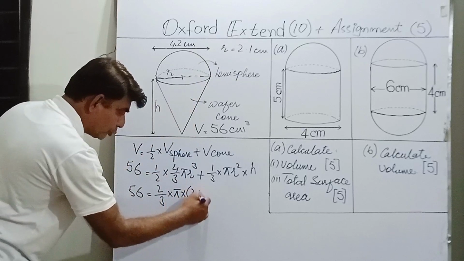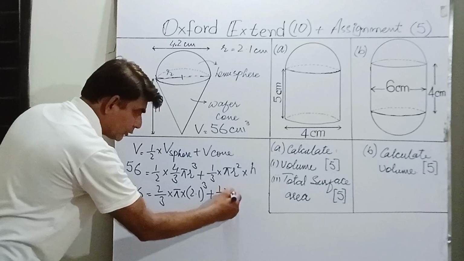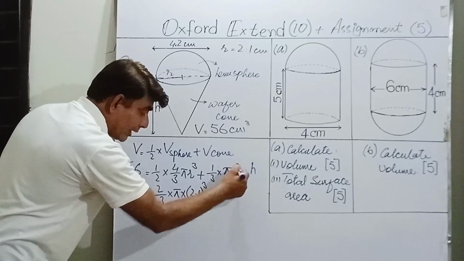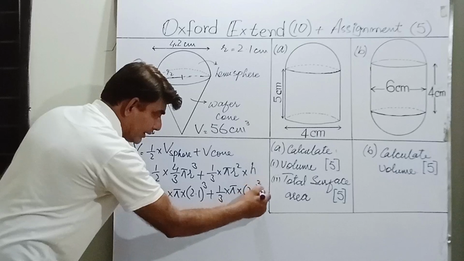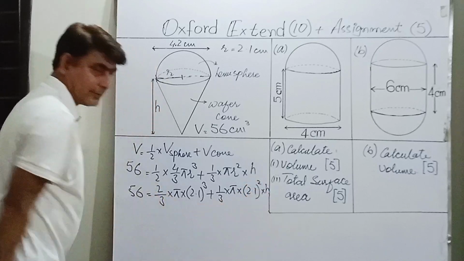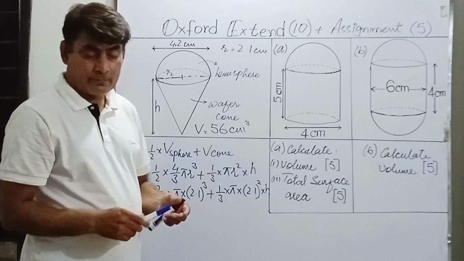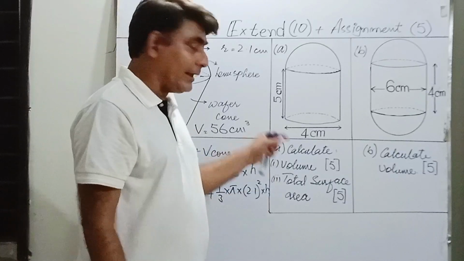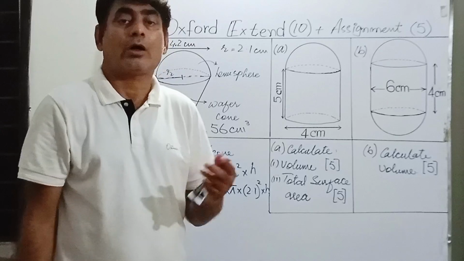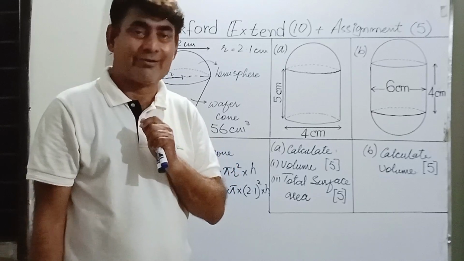We should write 2.1 whole cube plus 1/3 into pi into the square of the radius, that is 2.1 square, times height. Now this type of question must be given by the examiner in paper 2 if we talk about O level 4024,